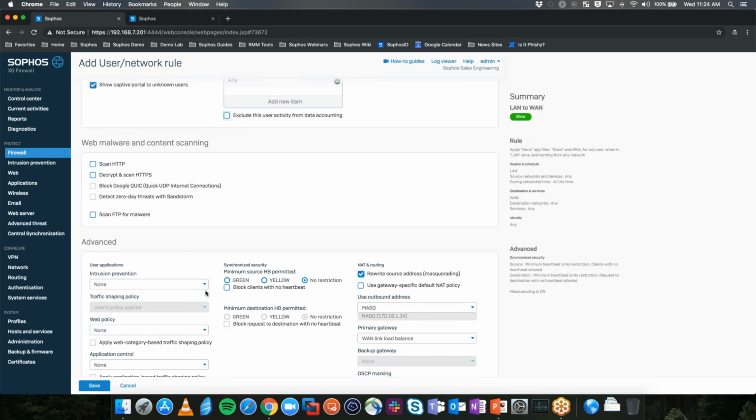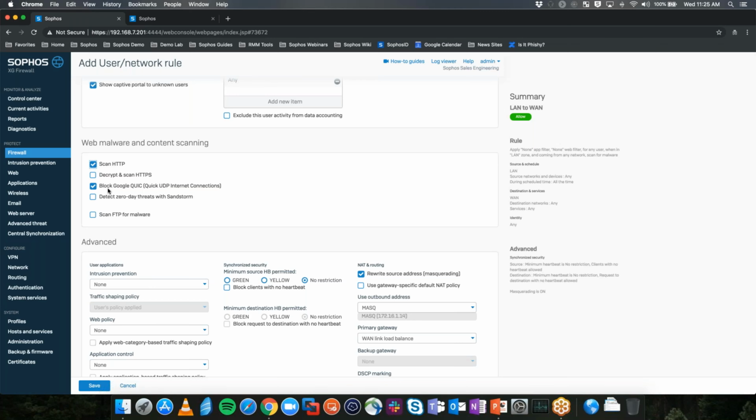So normally in a network firewall rule, we would have already set up our firewall rule. We've already determined where the source is and where it is going to. We can actually then start to layer on the additional services inside of the XG Firewall as well. From here, if you're going to be using the web filtering portion, which again, I highly recommend, you'll want to go ahead and set up that we want to scan the HTTP,